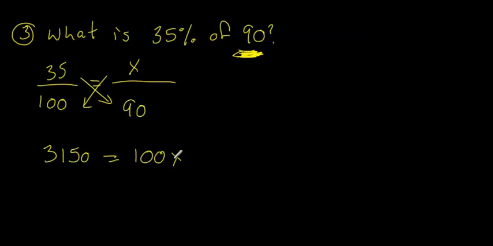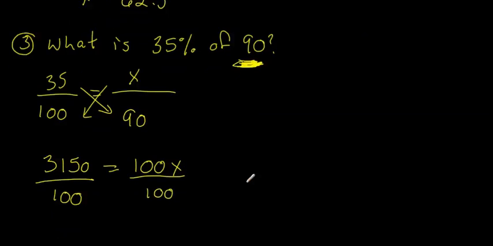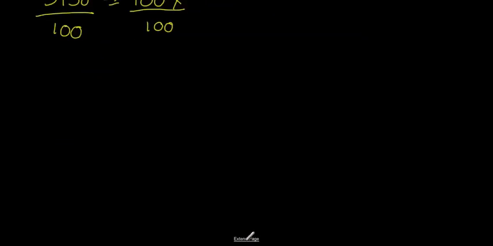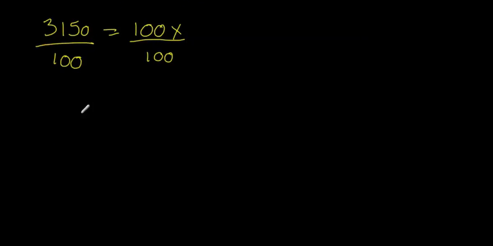Now, in order to get rid of the 100, we need to divide by 100 again. So we're going to put that over 100, and we're going to put this over 100. All right. Okay. So that means that 3,150 is going to give us